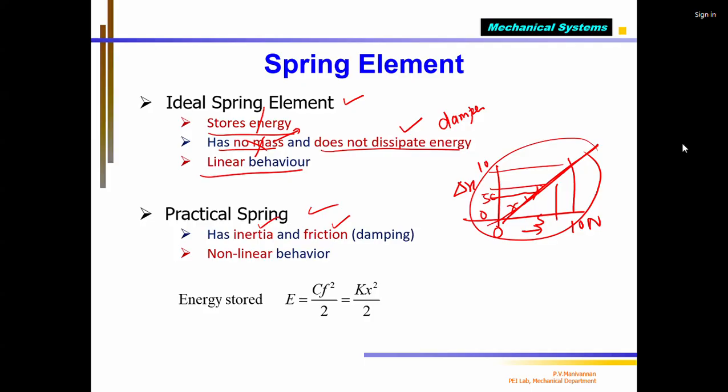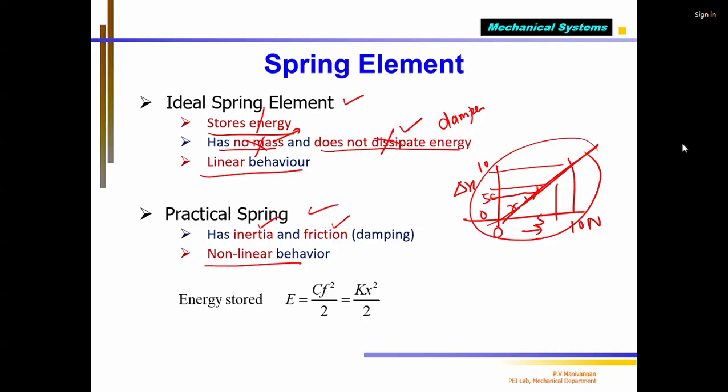Some energy is lost due to friction between the spring coil and the air surrounding it. If it is inside oil, the oil surface is touching the spring, there is contact and relative motion between the oil and the spring. So some energy is lost; practically it is not possible to avoid this. Again, a practical spring has a linear